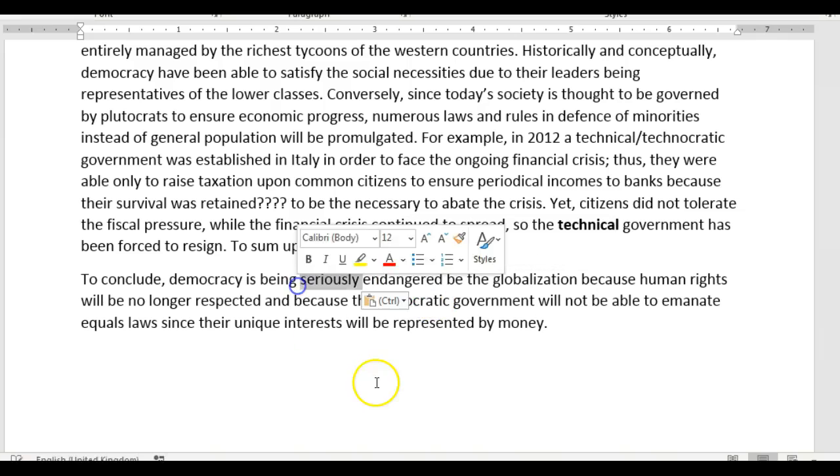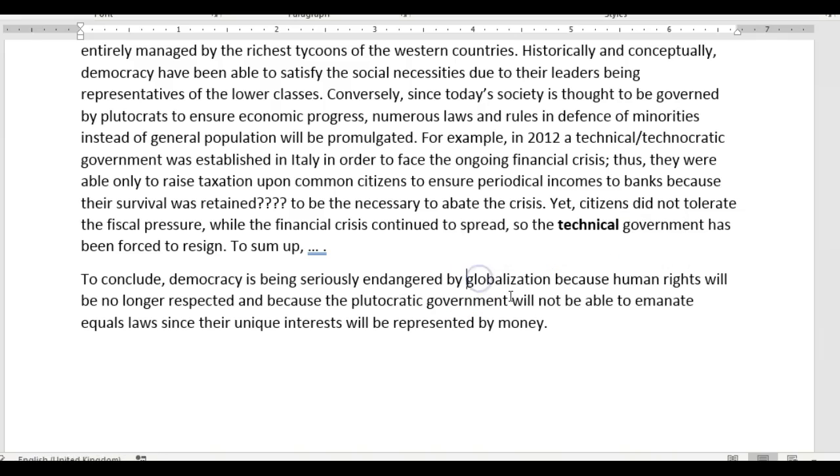To conclude, democracy is being seriously endangered by globalization, because human rights will no longer be respected. Why will soon no longer be, will soon